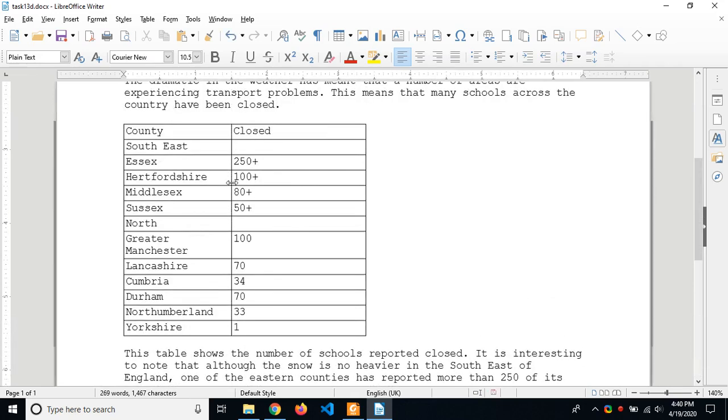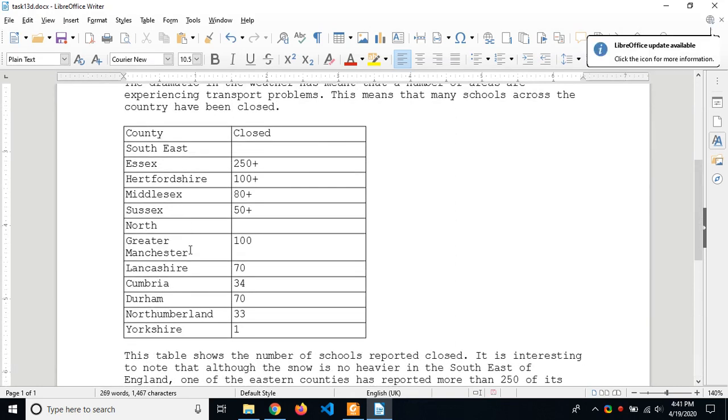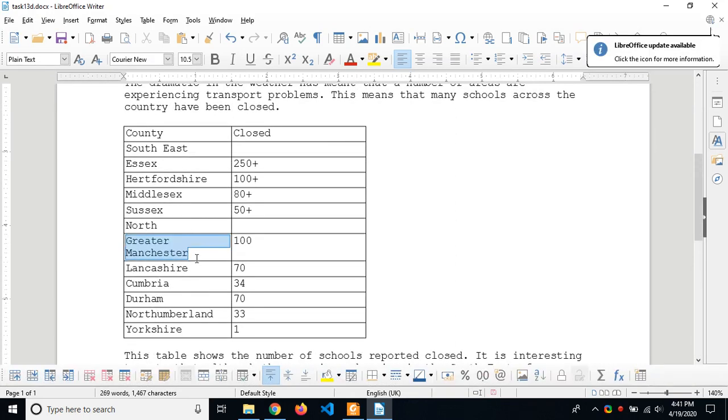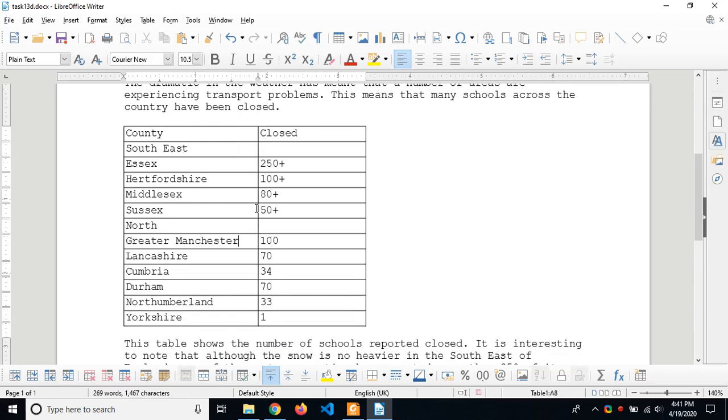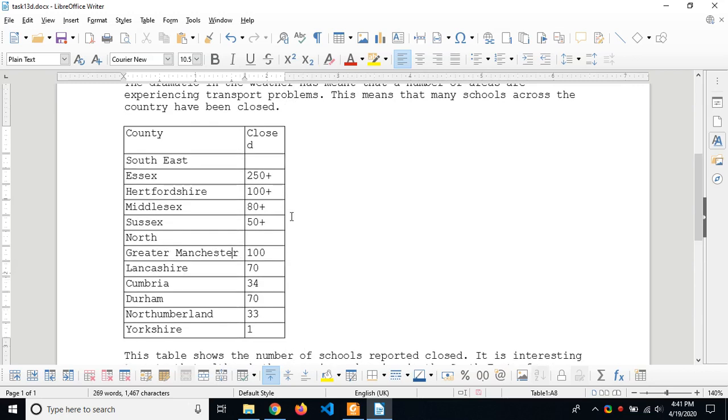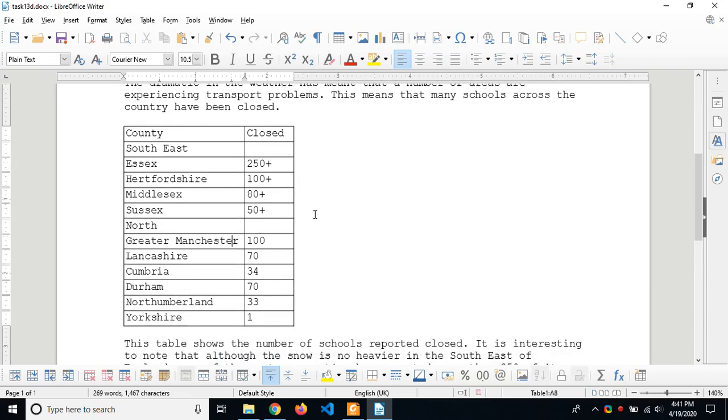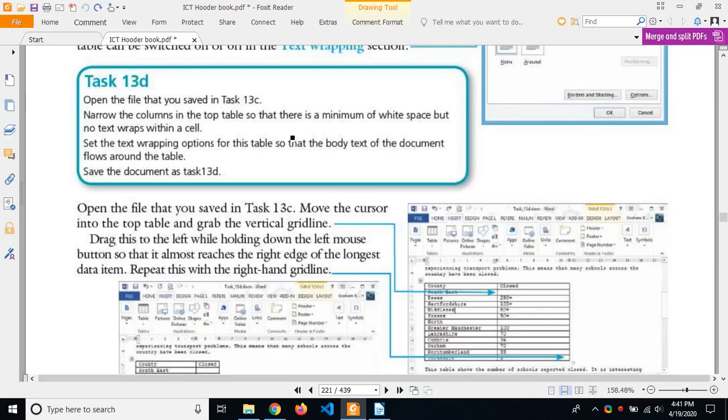we can resize it like this, but as you can see, the text is now wrapping the data inside the cell, but the task says that it shouldn't be doing that. Okay, so we will just do it a little bit like that. So right now it's not wrapping. Then let's also move it aside, like this. So we've removed the white space by shifting the